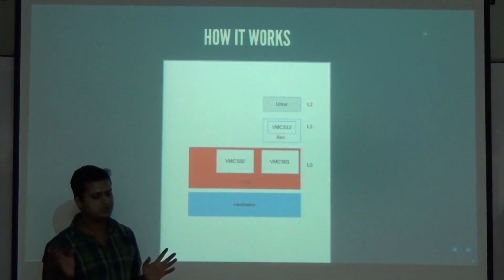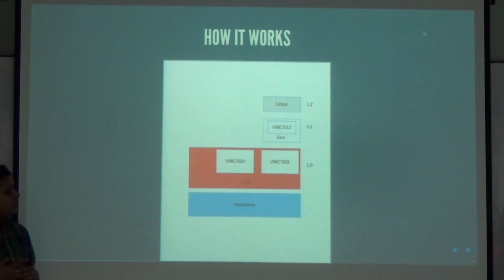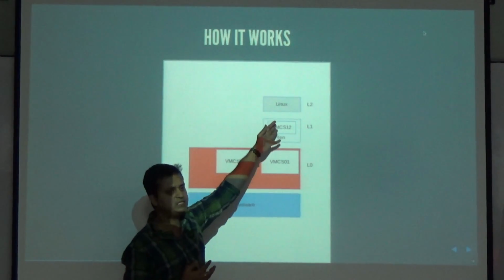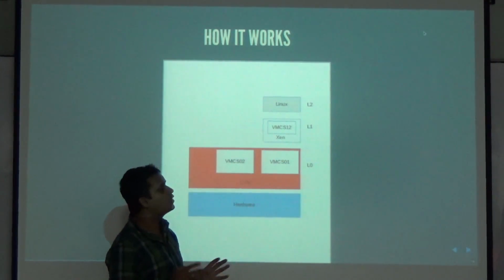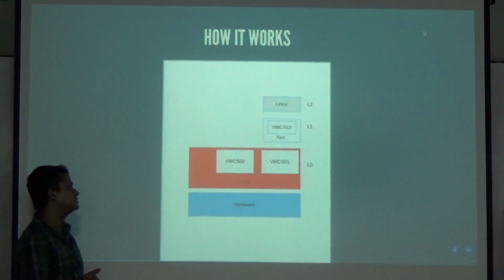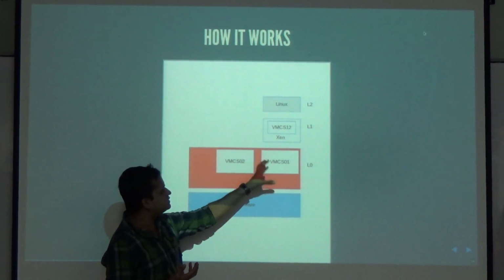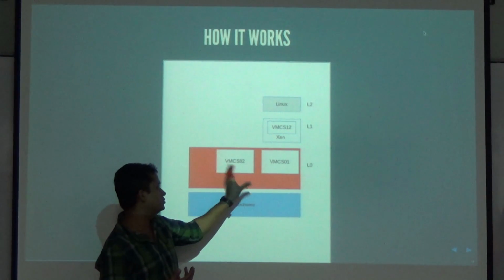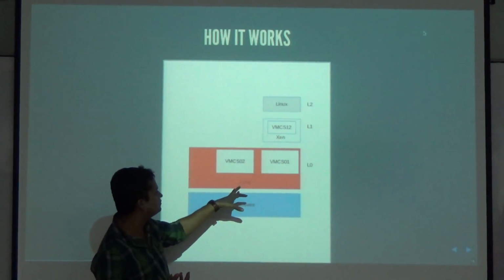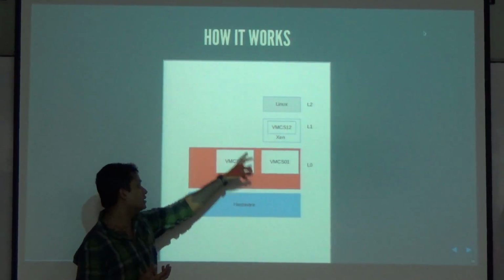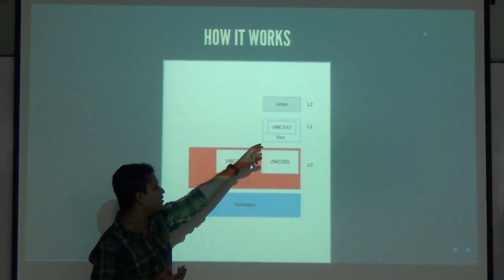And the reason it tries to create a minimal subset of the two is because it doesn't want this guest to have more features than Xen has. So you want the minimal kind of intersection of the two. And then it creates a new VMCS called VMCS02 that I have not shown in this figure, and then loads that VMCS to launch Linux. In the context of Xen now,